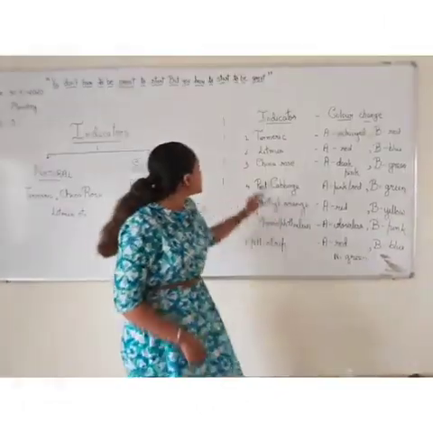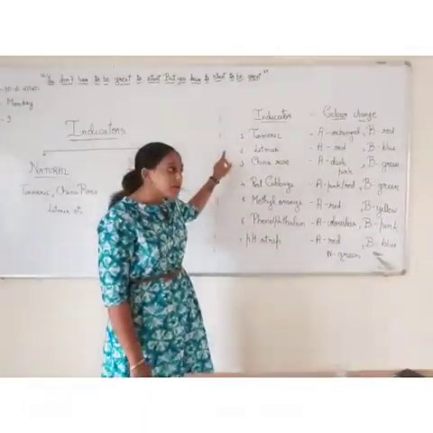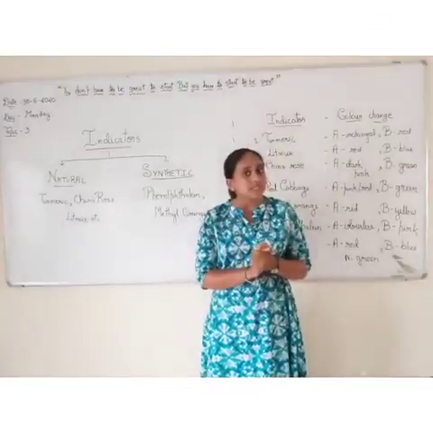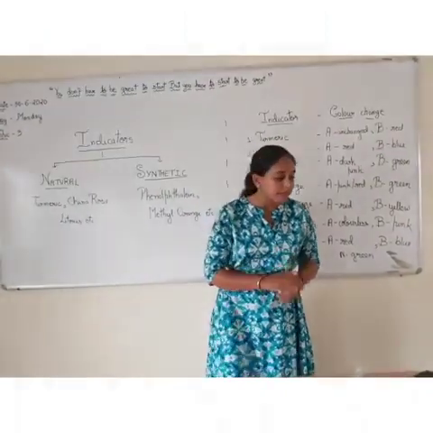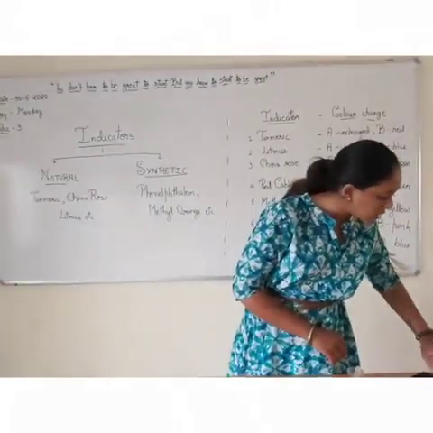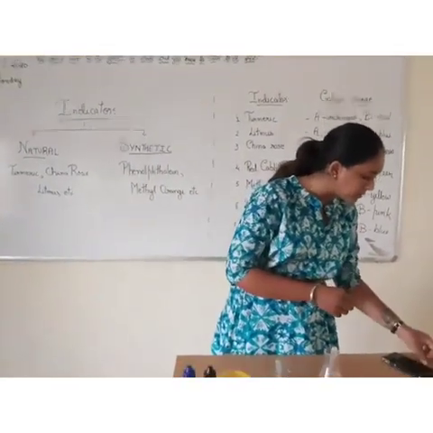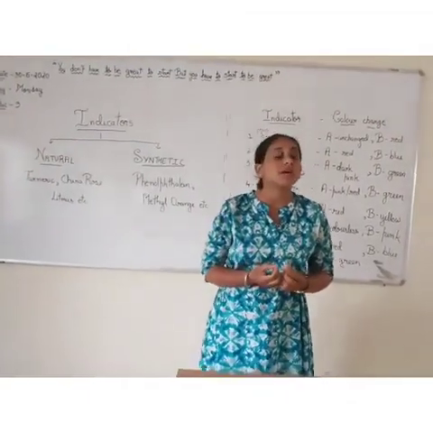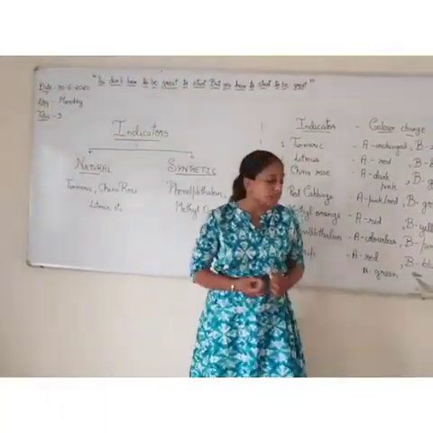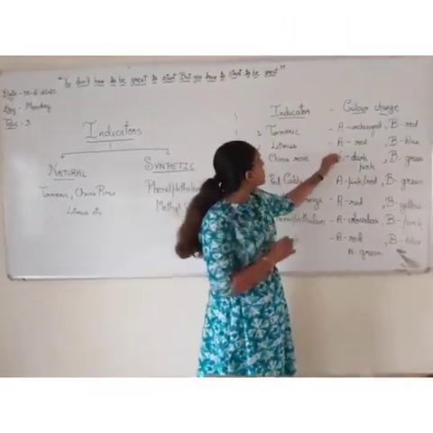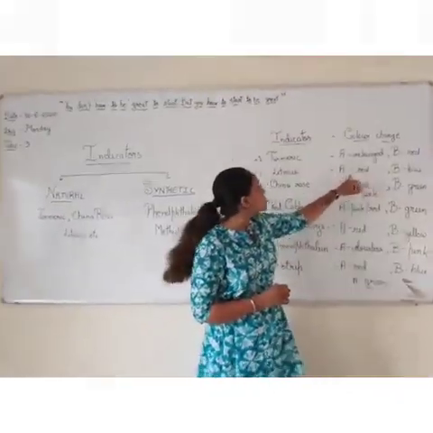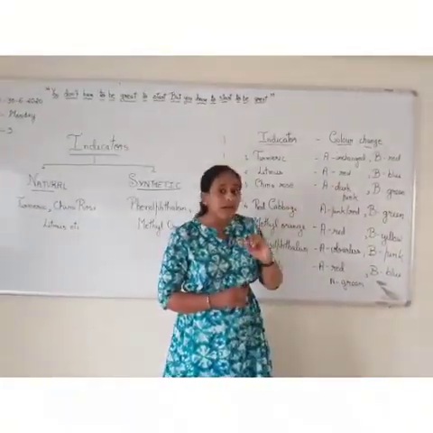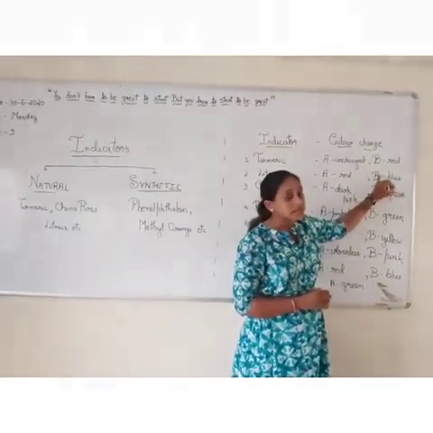Let's take the second indicator, that is litmus. Litmus is obtained from lichens. The dye is extracted from lichens and that's how the litmus paper is prepared. I have two types of litmus paper with me. The first one is red litmus, the second one is blue litmus. It helps us to identify the color change. Here I have only written that if you take a blue litmus, it would turn red, which shows it's acidic. In the same way, if you take a red litmus and it turns blue, it is a base.